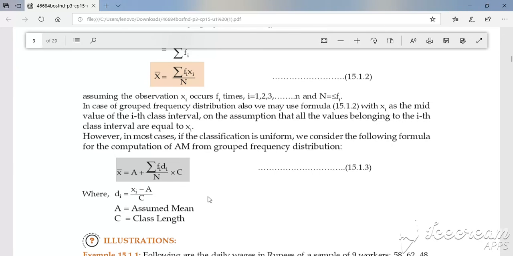Again I will repeat, there are three types. One is individual observation, second is grouped frequency distribution with individual observations, and third is grouped frequency distribution with class intervals. Formula for individual observation is very simple. It is summation xi upon n. For grouped frequency distribution, if you have class